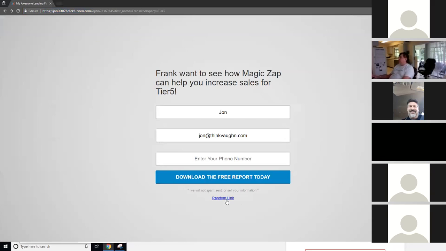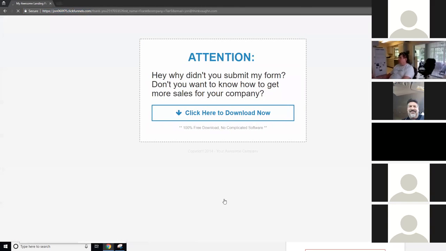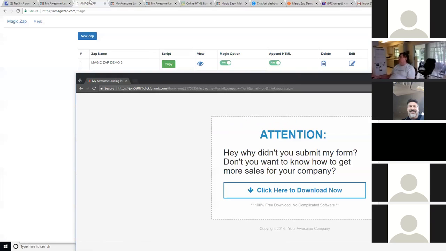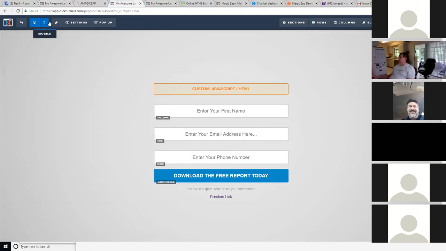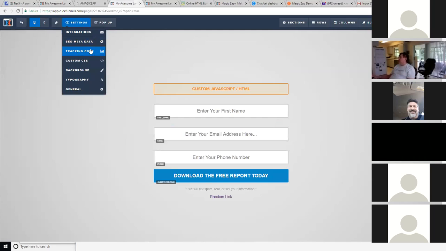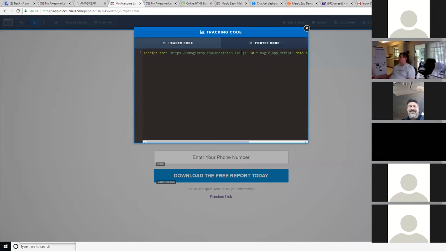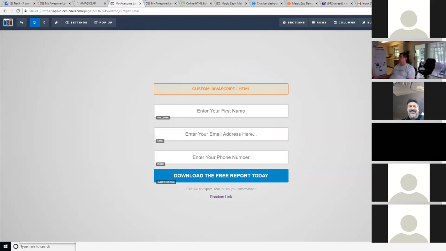But now you can see if I click on that random link, it doesn't work. And if you want to know why it doesn't work, it is because this code right here is only in the footer of this page. So I'm going to take this off of the footer of that page,